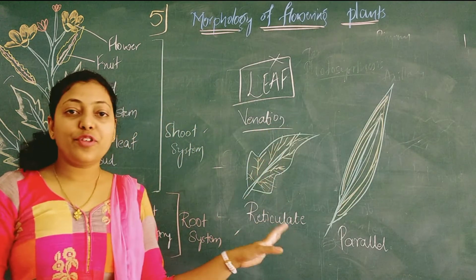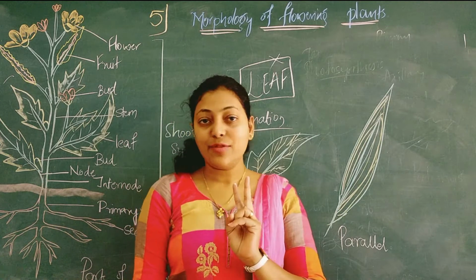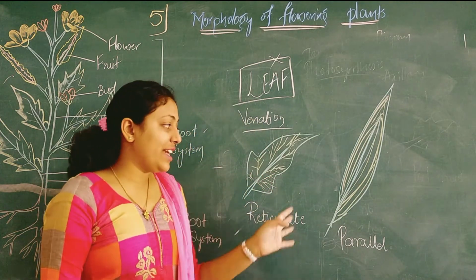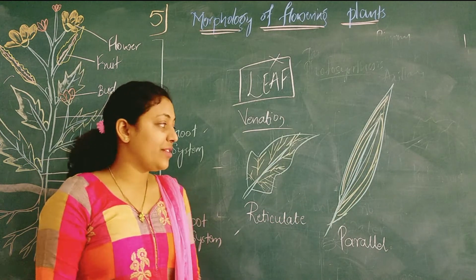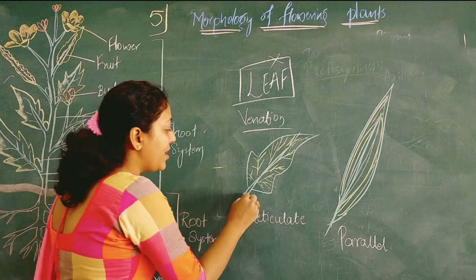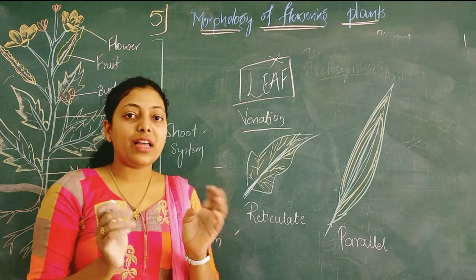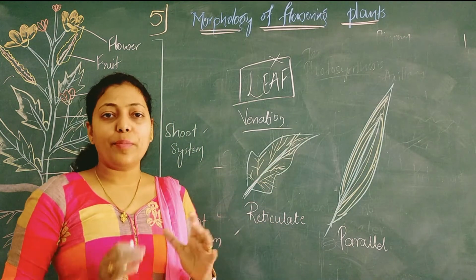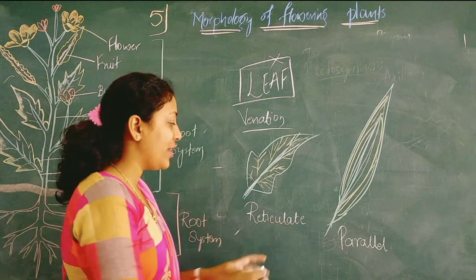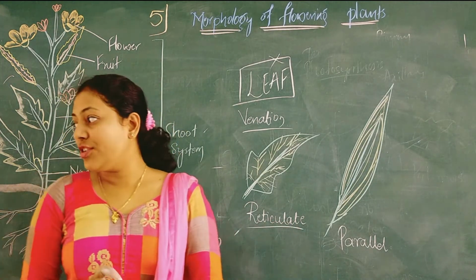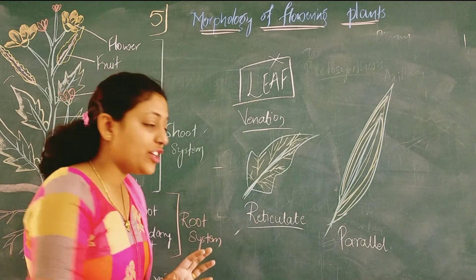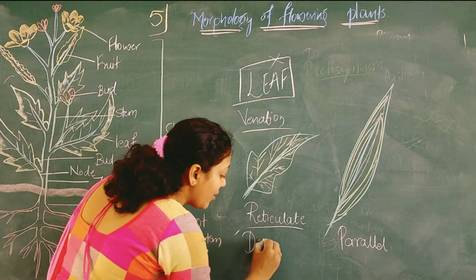So we have two different kinds of venation: one is reticulate venation and another is parallel venation. We have a midrib over here. If we get a reticulate, improper crisscross kind of venation, then we call it reticulate venation. Reticulate venation is found in case of dicotyledonous